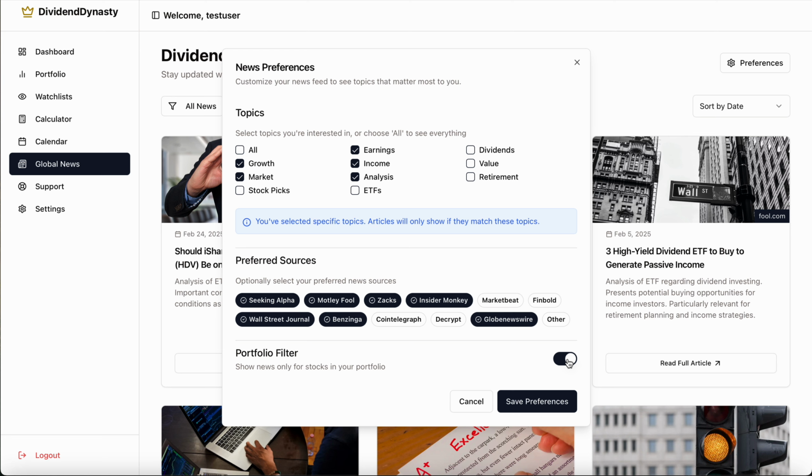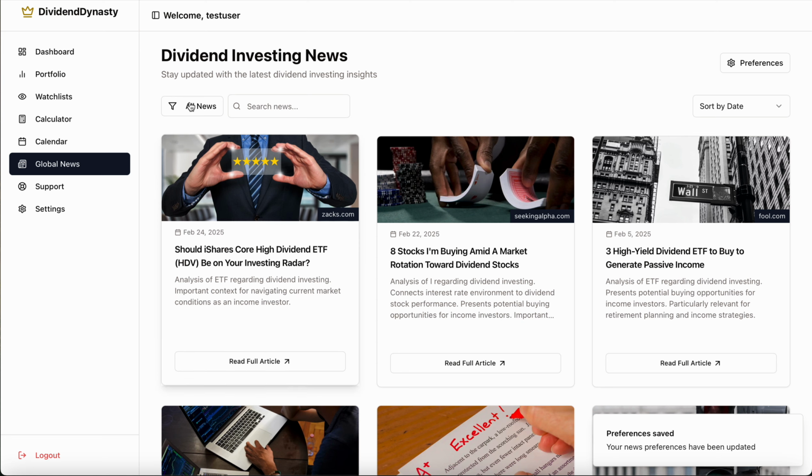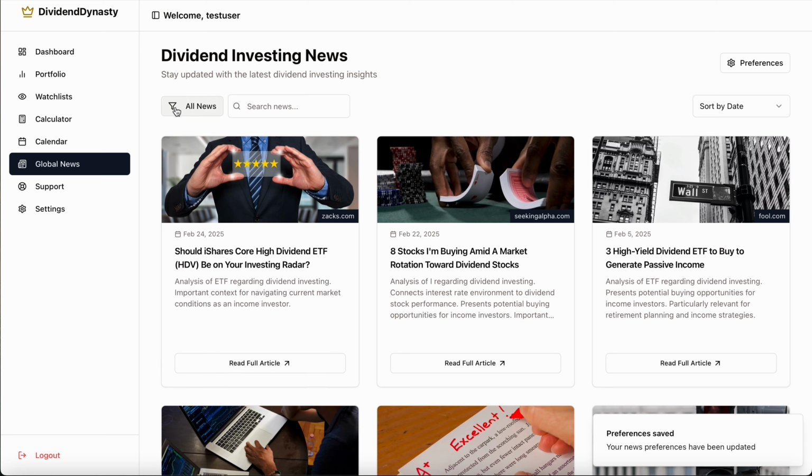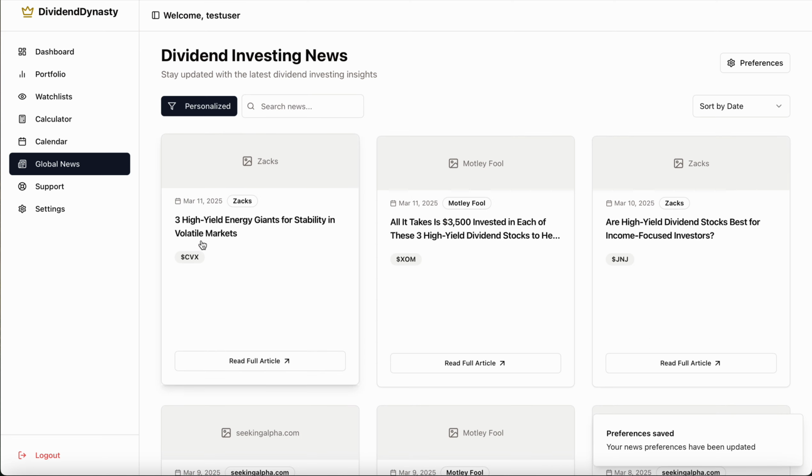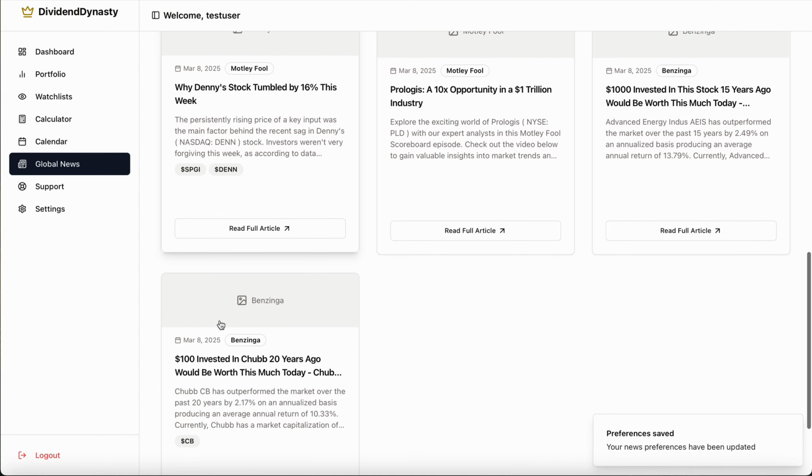I can also turn on a filter that will only show me stocks that are related to my portfolio. If I hit Save Preferences, it'll update the preferences. Then all you need to do is click from All News to Personalized, and it'll give you a personalized view